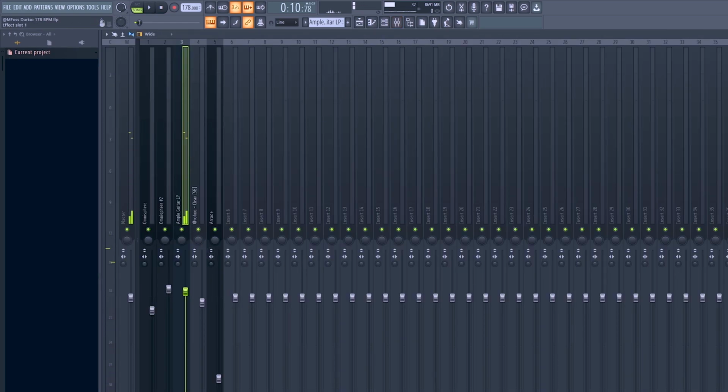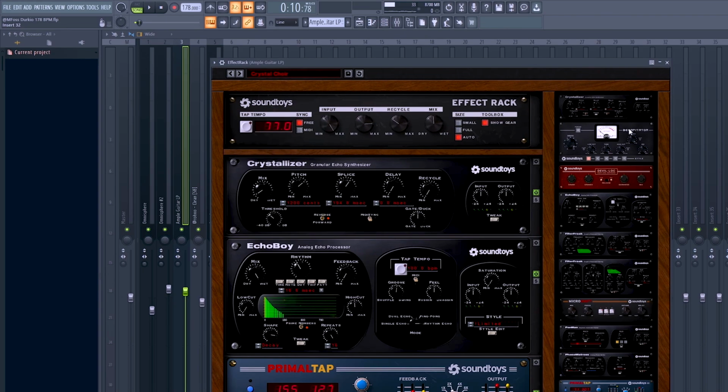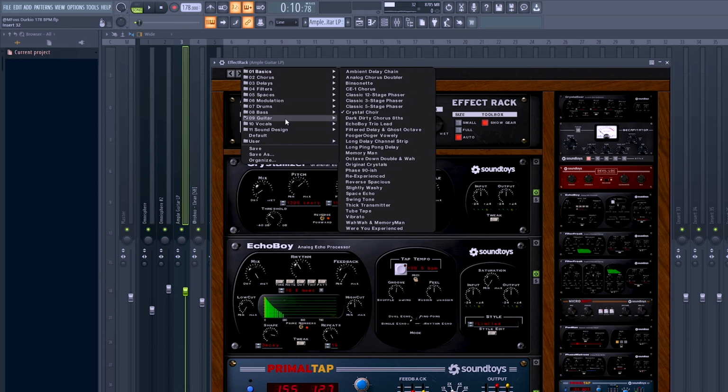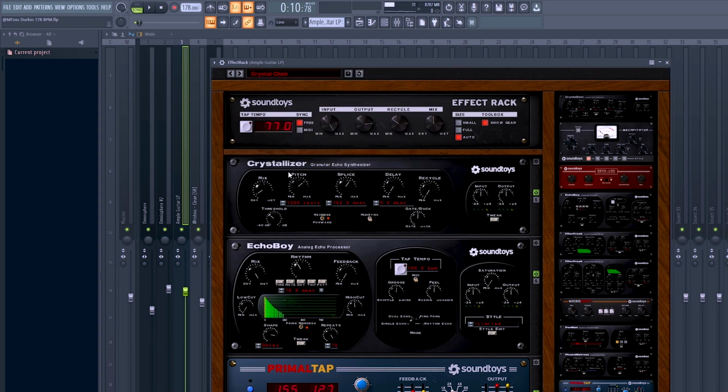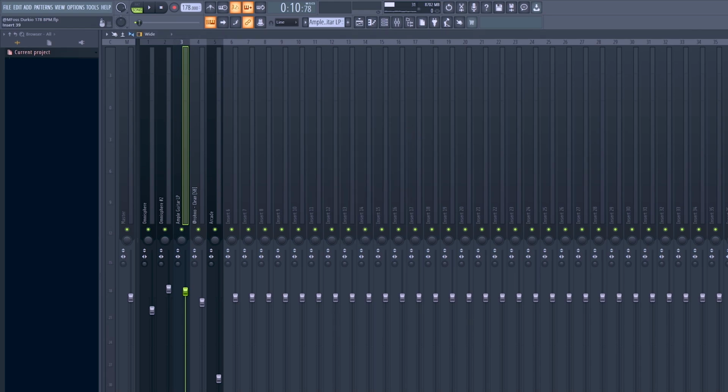And then for the effects, super simple again, just an EQ, took out some of the highs and a lot of the low end. And then the effect rack with the crystal choir presets. So if you go to guitar and then crystal choir, you can find it there. And I just turned the crystallizer mix knob down a lot, to like 8% or something. And then I added the stereo shaper. I used the Stereoize 3 preset, I believe. And without the effects, it sounds like this. Kind of boring. And then with the effects,